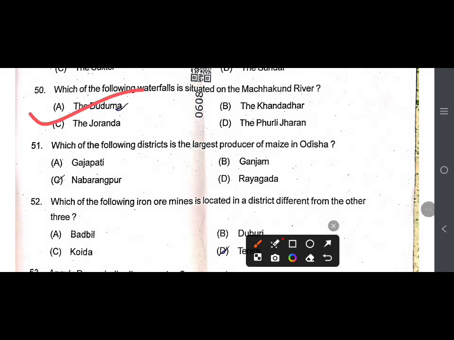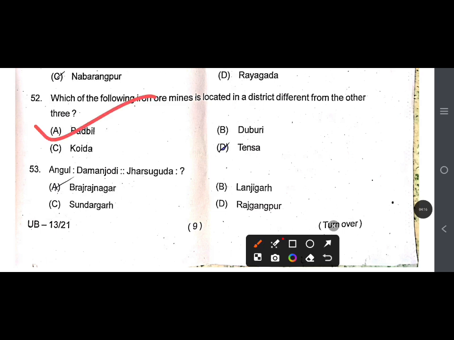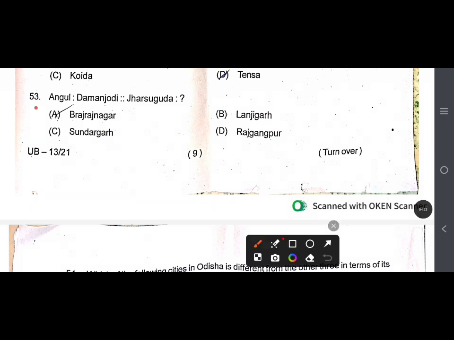51. Which of the following districts is the largest producer of maize in Odisha? ठीक आंसर टी हबो गजपति. Which of the following iron ore mines is located in a district different from the other three? ठीक आंसर टी हबो बड़बिल 53. अनुगुल दामनजोड़ी झारसुगुड़ा ऑप्शन ए ब्रजराजनगर